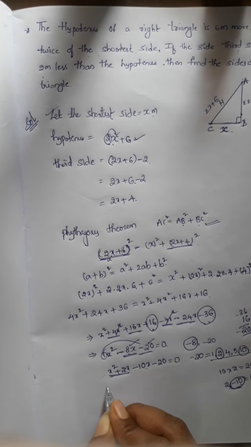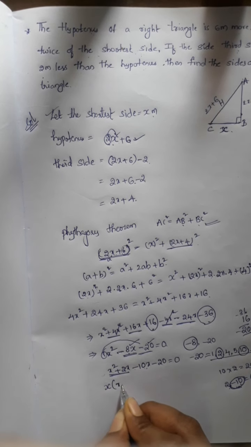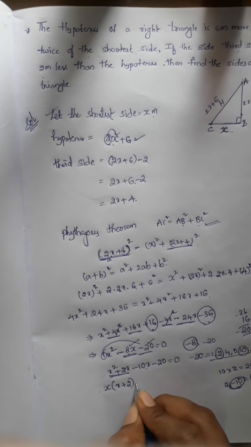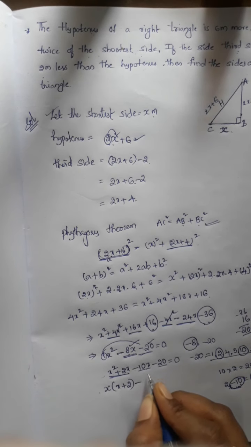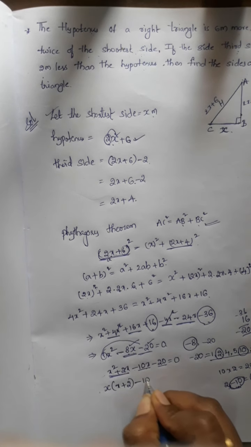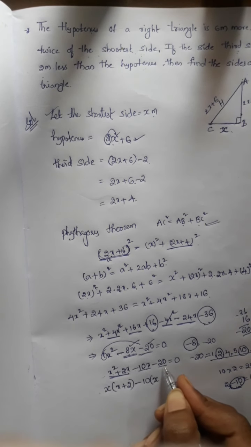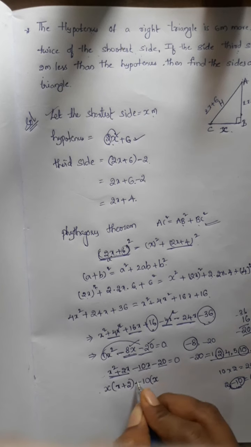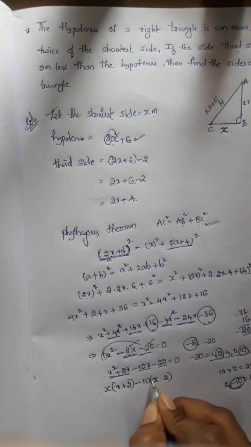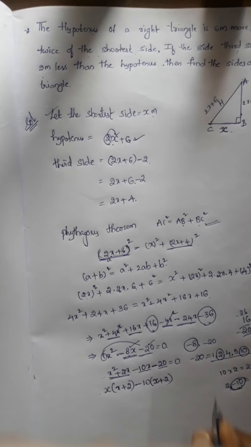So in this 2, which is common? x is common, right? So x remains, plus if x comes outside, we remain with 2. Here also in this 2, which is common? The 10 is common. 10 ones are 10, 10 twos are 20, right? So 10 is common here. x is here. We have already taken 10. So what is remaining is 10 ones is 10, 10 twos are 20. But plus or minus? Here we need to get minus, right? So minus into plus, minus.